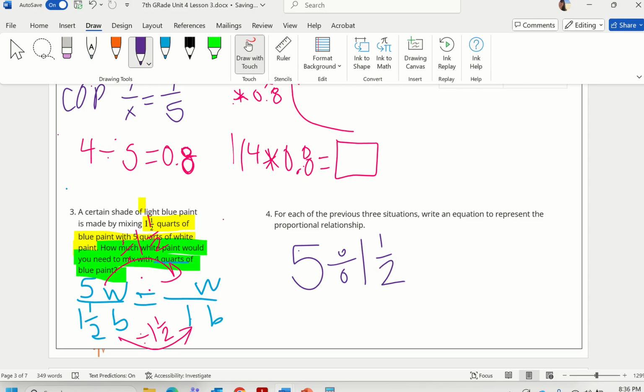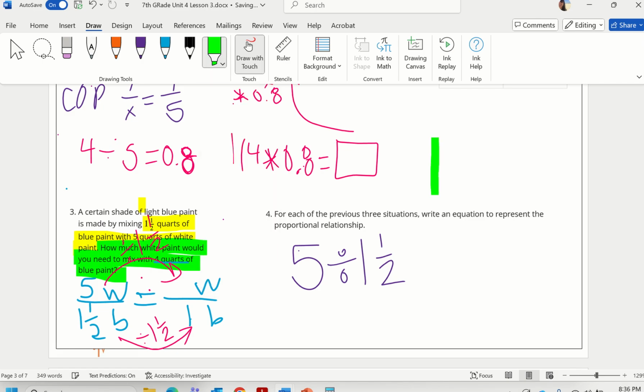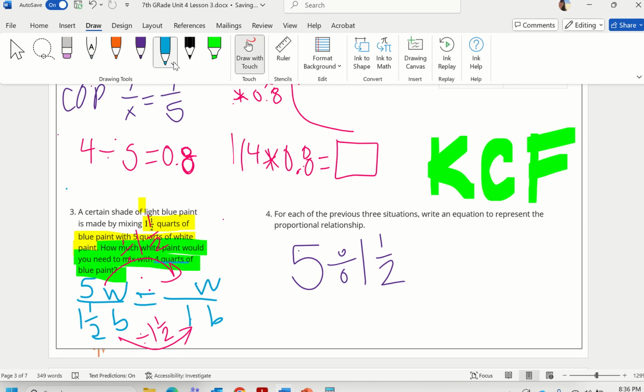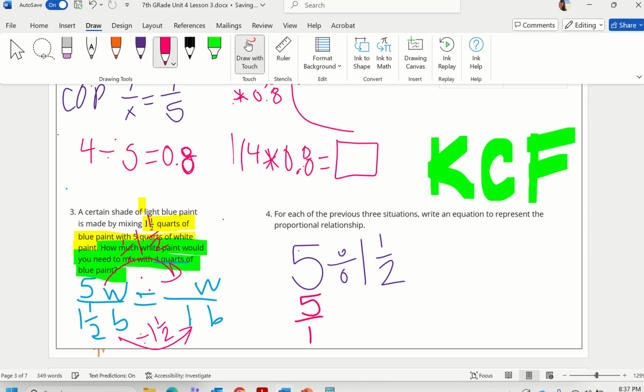As soon as you see this problem, we're dividing fractions. This should tell you that we have to use a certain strategy, a certain algorithm. By now, hopefully you're saying, Ms. Sarasoli, we got to use keep, change, flip. In order to do that, I first need to make sure I have everything written as a fraction. So first, 5, because that's a whole number, I can easily write that as a fraction by just doing 5 over 1. Every whole number has a denominator of 1. If you ever forget, you can look at the 6th grade word wall. Divided by